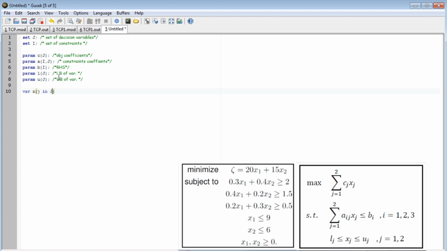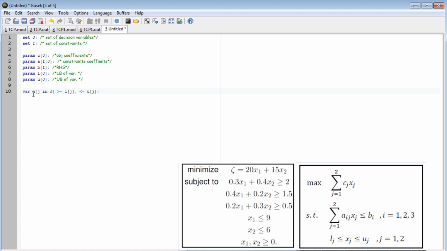So for a small j in the set j, they are greater than lj. This is bracket, not curved bracket. When you use small j or small I, entities of a set, you need to use bracket, comma, less than or equal to